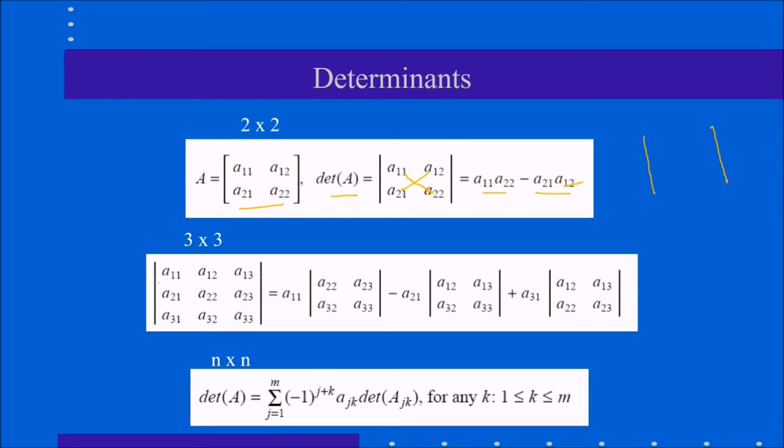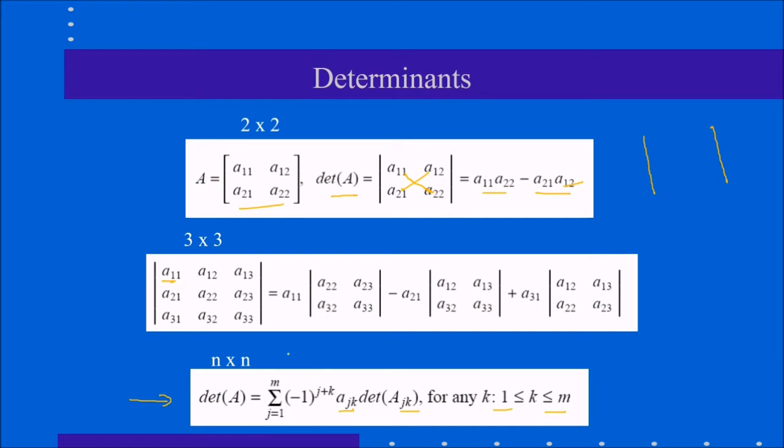For a 3 by 3 matrix, you take A11. Let me tell you exactly how. First, let me tell you this expression so that you can understand very well. So what you are going to do here is sigma, j equals 1 to m, of minus 1 to the power j plus k, into ajk, and the determinant of the smaller matrix Mjk. This is how you find the determinant.